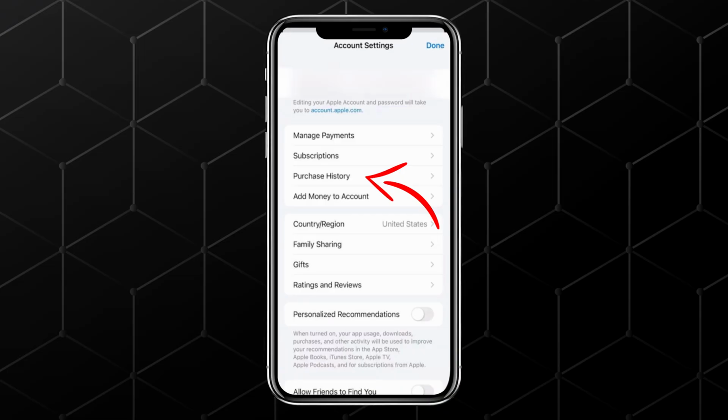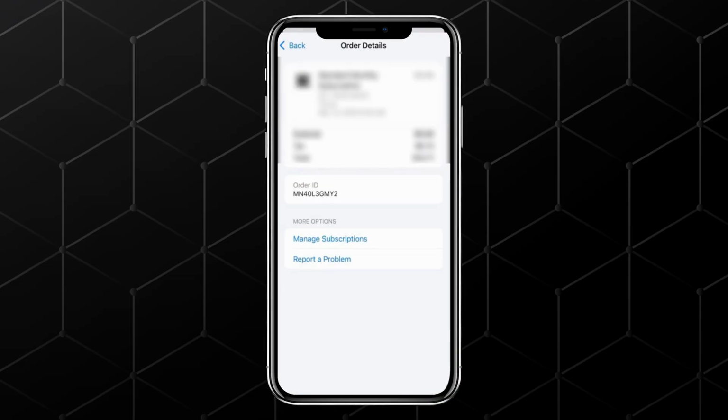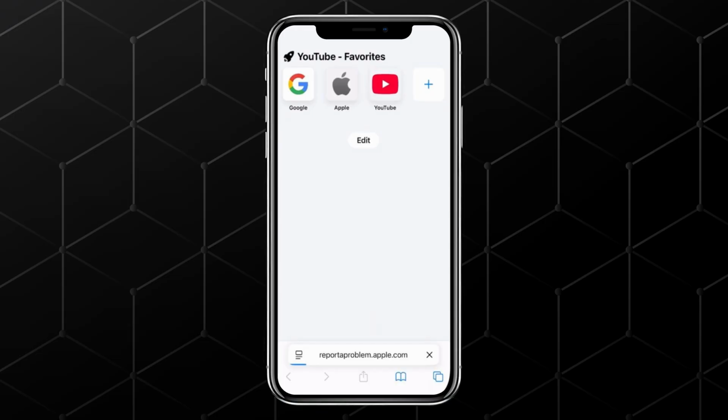One of the important sections is Purchase History, so tap on Purchase History to see a full list of every app, in-app purchase, and subscription you've bought. Find the purchase you want a refund for and tap on it. At the bottom, you'll see an option that says Report a Problem. Tap that. This will open up a website,